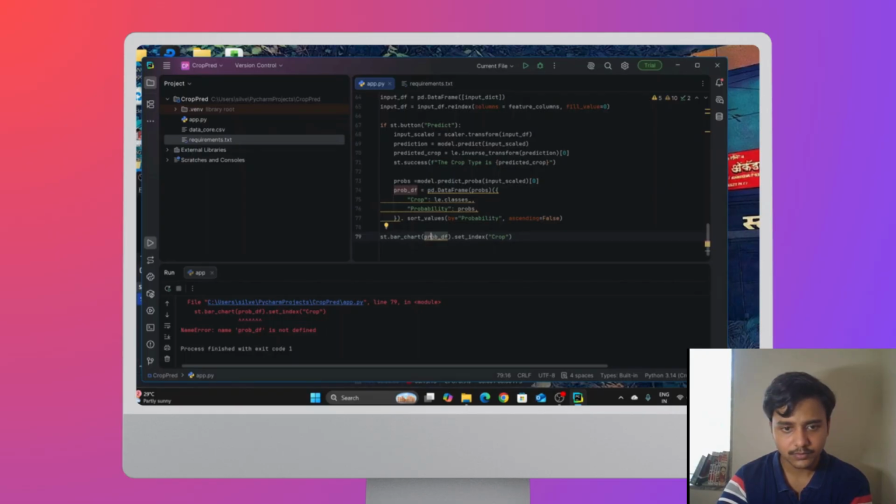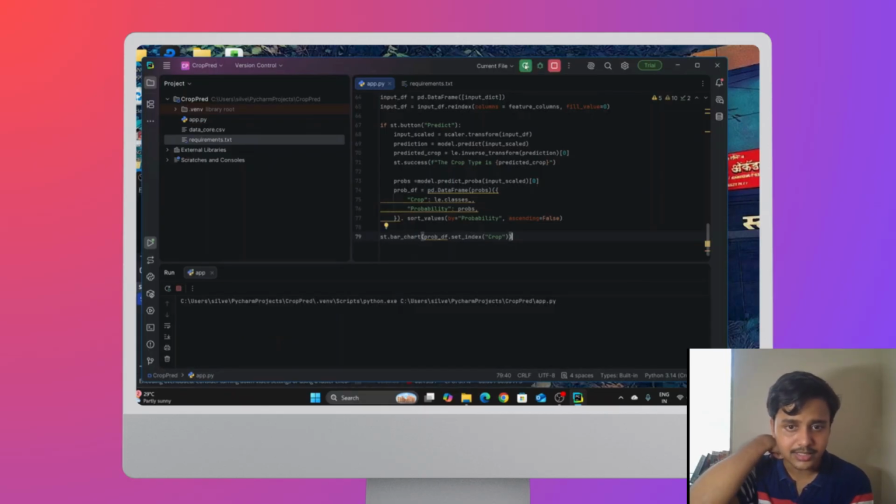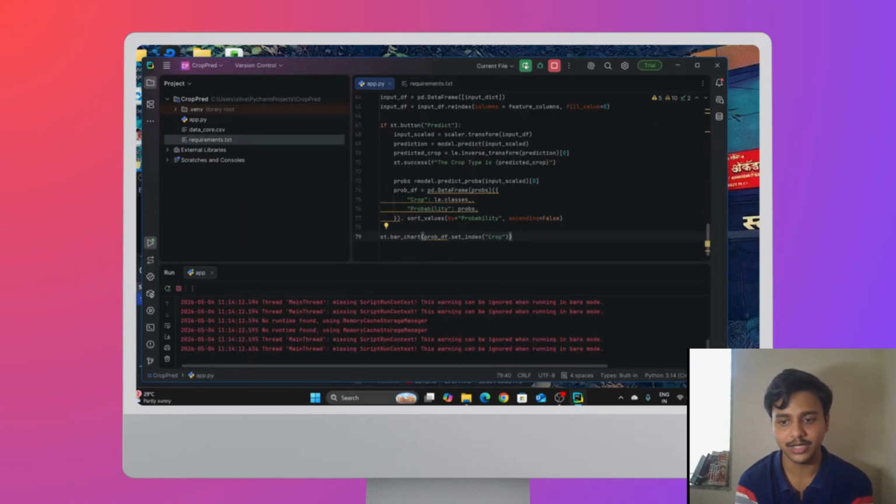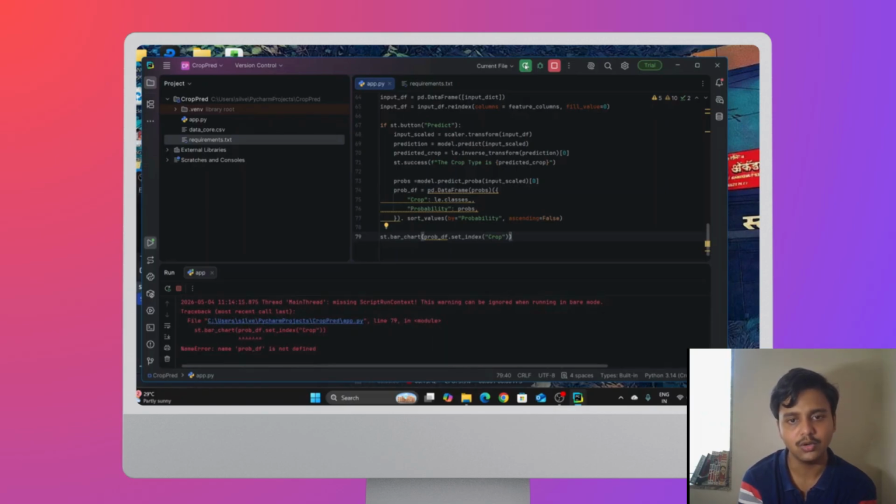Okay, so st.df should not be ending here. It should be ending here. Okay, so we'll run it again. I guess the errors have been cleared. All the errors have been cleared right now. We'll recheck. This particular step that we are doing right now, checking the code and rerunning it, is known as debugging.